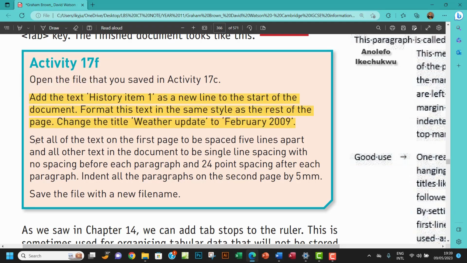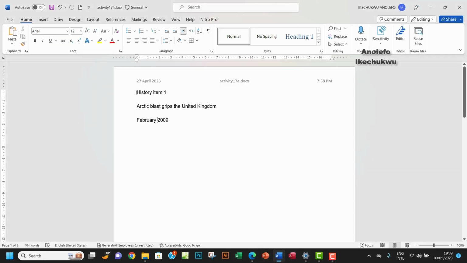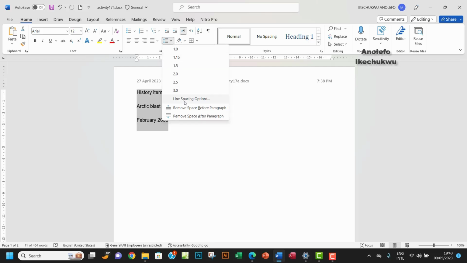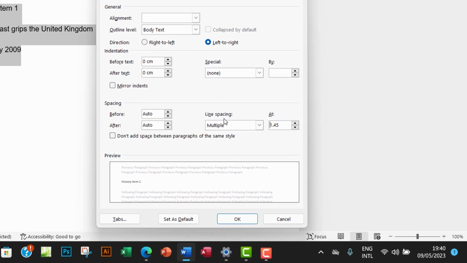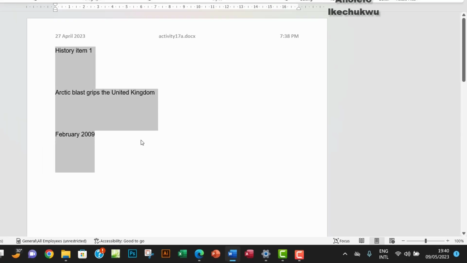So the next question says set all of the text on the first page to be spaced 5 lines apart. Okay, so let me just get this done first of all. So I'll go back there. You want to select everything here. You want to go to the spacing icon here. You want to click on it and then go to more options, right? So you want to go down to spacing down here, right? So what you want to do is to make sure that from this line spacing here, you want to make sure that multiple is selected, and then you want to make it at 5 cm. So you can okay that, and then everything will be equally spaced